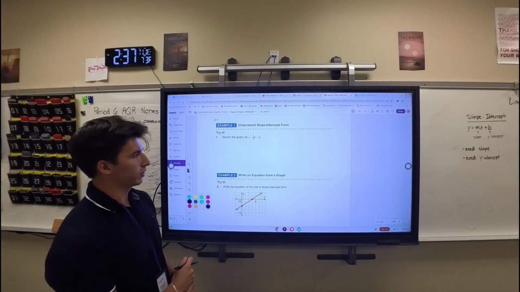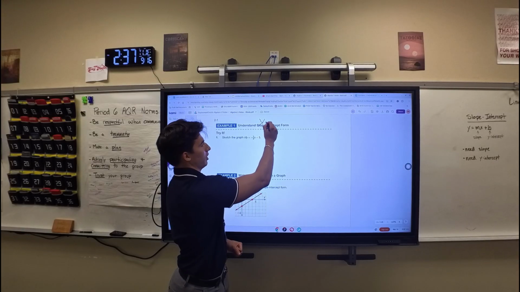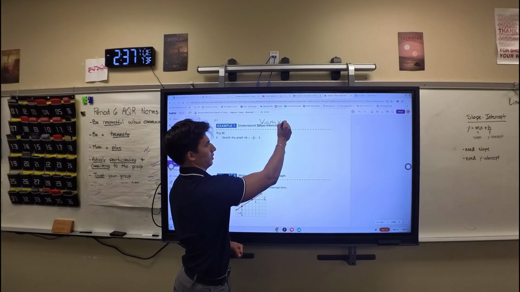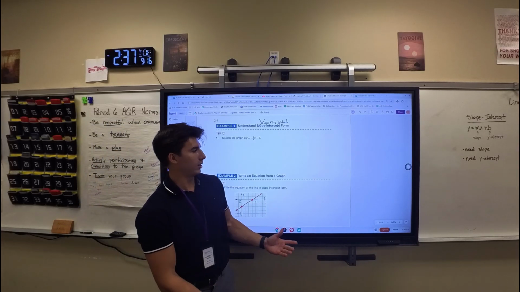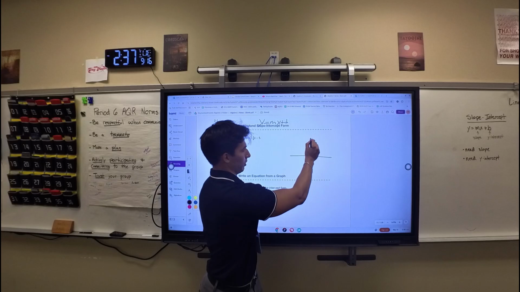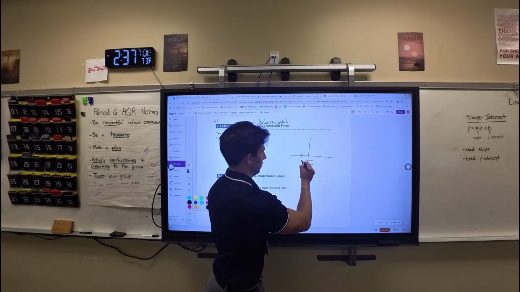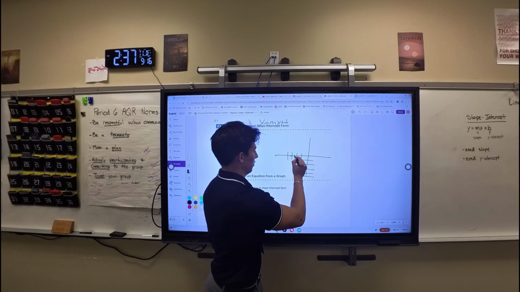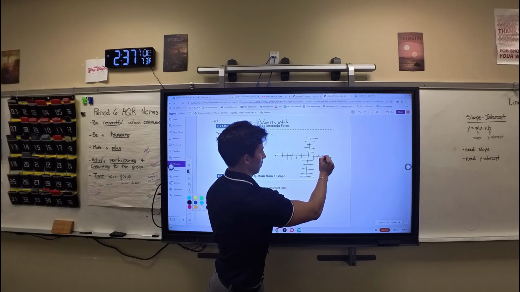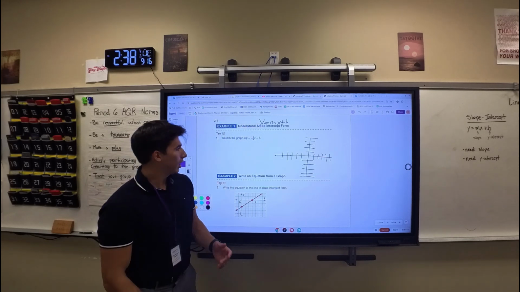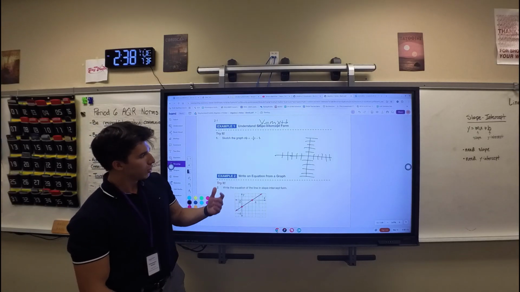So today we're going over slope-intercept form, which, as we talked about, is the form y equals mx plus b. So here, first, we're going to need to draw ourselves a coordinate plane, because we don't have one. And I'm just going to mark off a couple ticks for us. Okay, and so then from here, looking at our equation, y equals -3/4 x minus 5, we're first going to